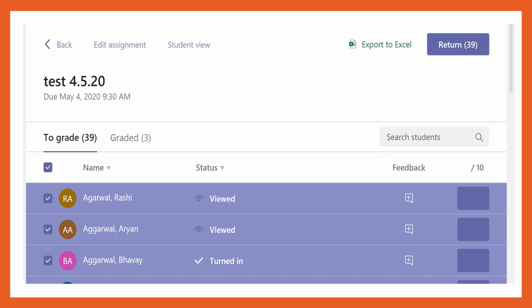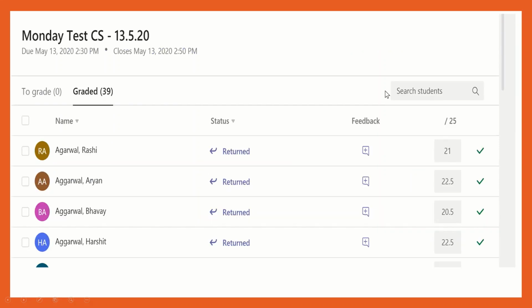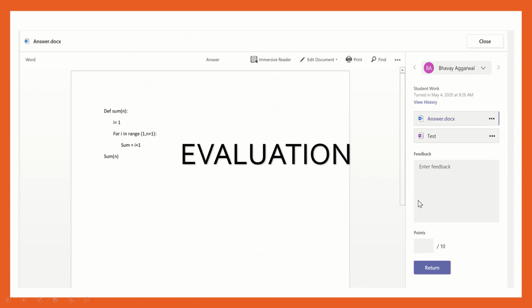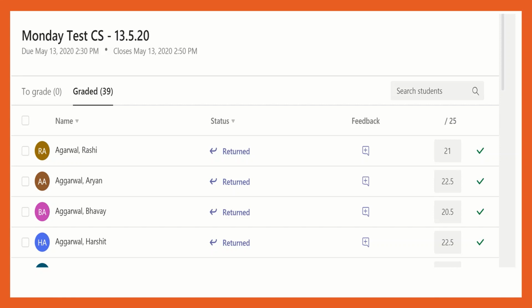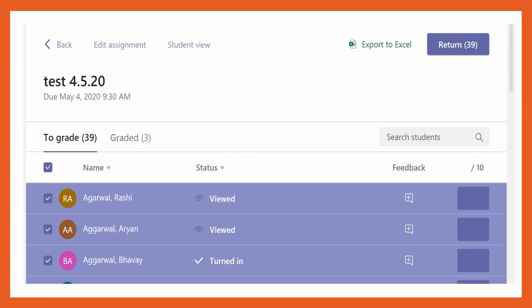These are the returned files. When you return the sheets, it will show returned. Once you check and return the files, returning the sheets to students, it will show returned. In this section, you can mention the points and these points will be visible here to the students. Otherwise, if you are not giving marks there, you can mark your score here in this section.